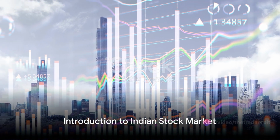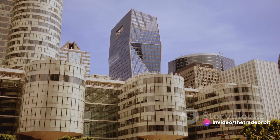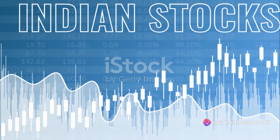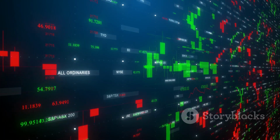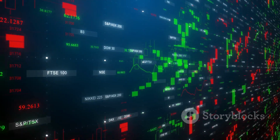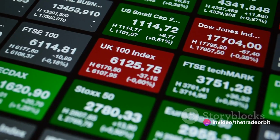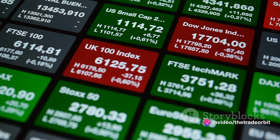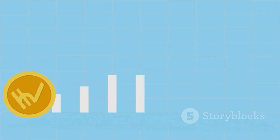Have you ever wondered how to invest in the Indian stock market? Well, you're not alone. The Indian stock market, one of the world's most dynamic financial ecosystems, presents an exciting opportunity for investors. It's a bustling marketplace where companies trade their shares and investors, both big and small, buy and sell these shares. The magic of this market lies in its ability to generate wealth over time, turning small investments into